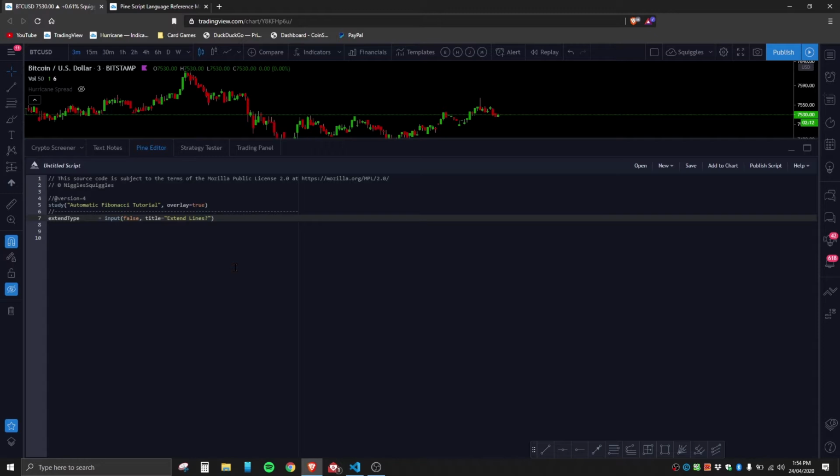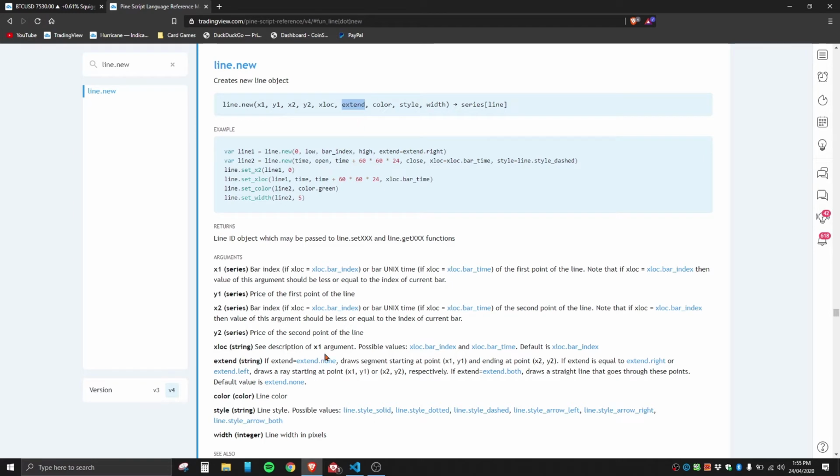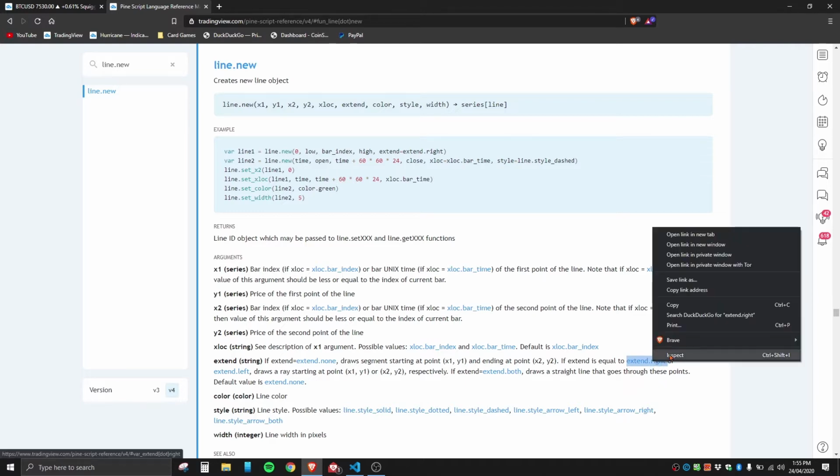So we're going to put a question mark, and now if the condition evaluated to true, what do we want to do? Flick back over here, we go to our extend. If it's true and we want to extend the lines, then we are going to want to use extend.right. So let's just copy